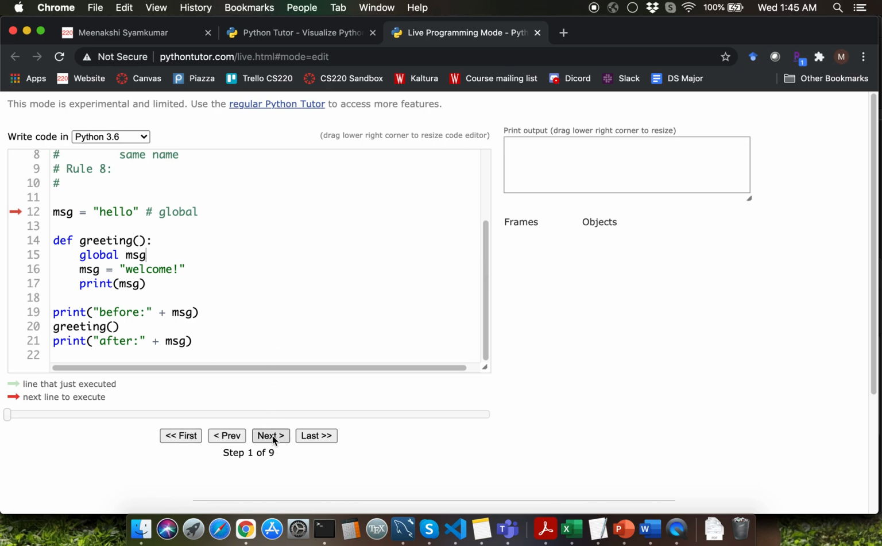Line 12 creates a MSG variable, which is the global variable inside the global frame. Then we are defining the greeting function. In line 19, we are calling the print function to display MSG. The MSG global variable has the value hello. Once you call the greeting function, you'll observe that